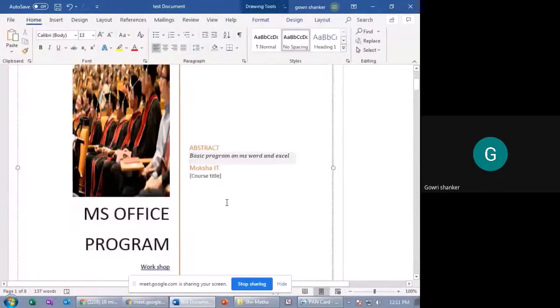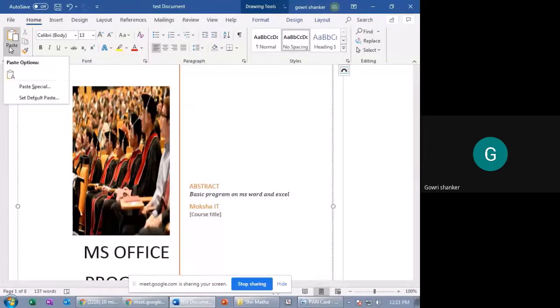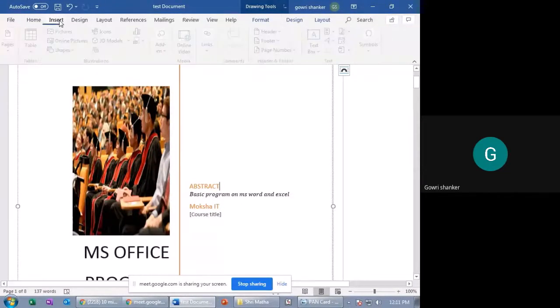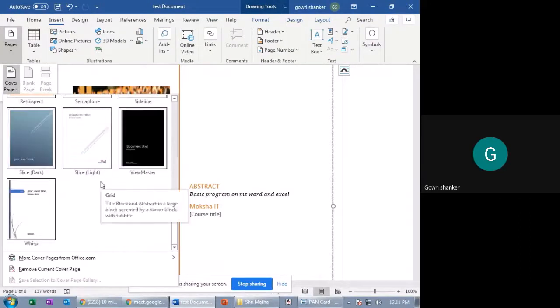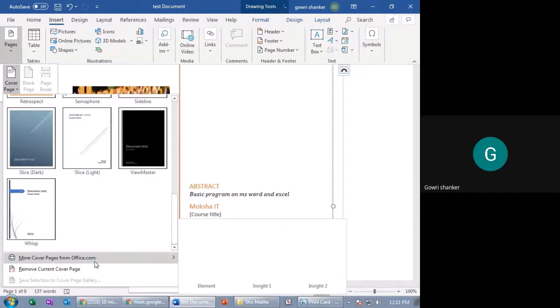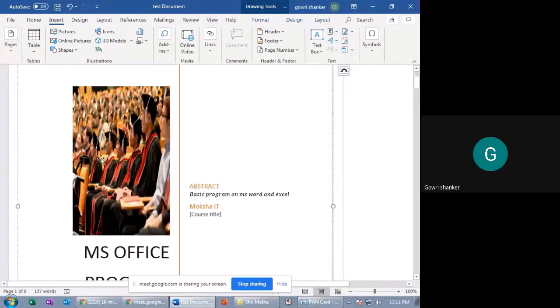So like this, you can insert on the cover page. Different cover pages are available on the Insert tab under Pages, Cover Page. This is the one, right? Apart from this, if you want more, go to office.com, you will have more, right? This is cover page preparation.